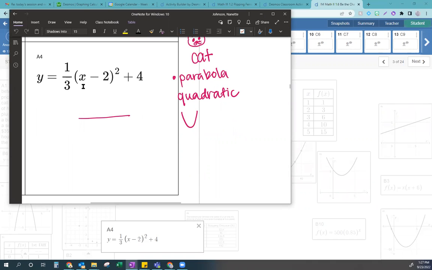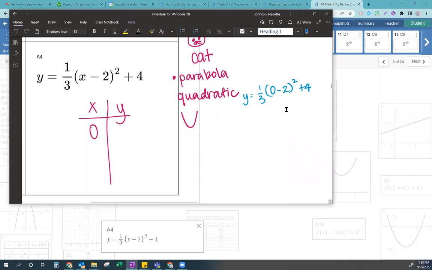So when I plug in 0, I get -2 and I square it. So let me do math over here to this side. So I get 1/3 times (0 minus 2) squared plus 4. I'm just doing math off to the side so you guys can remember this as well. So I get -2 quantity squared,